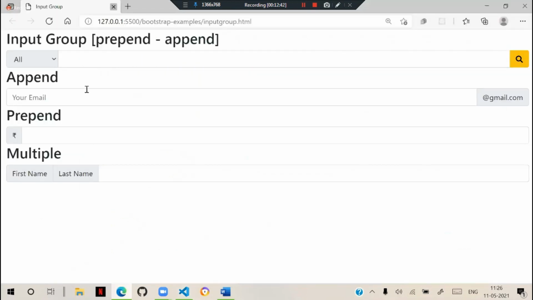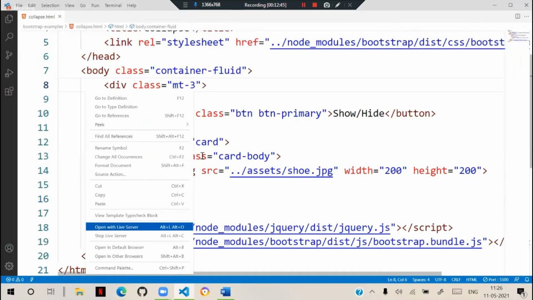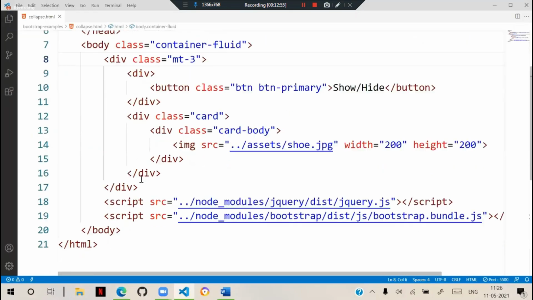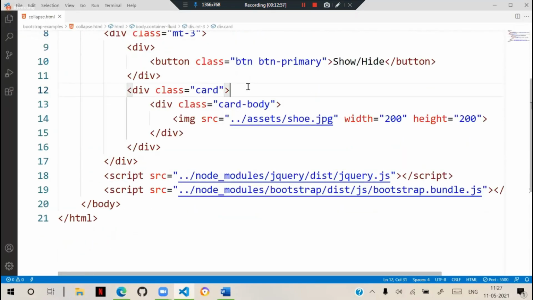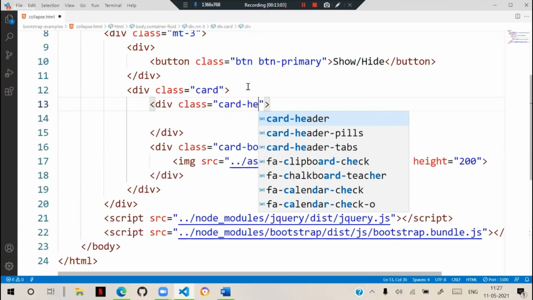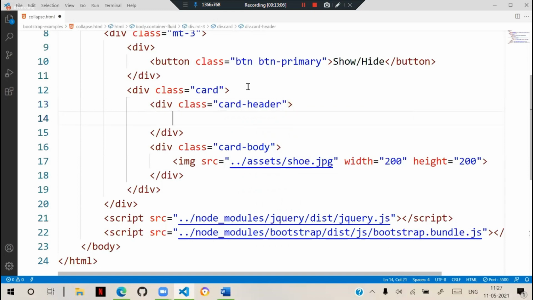Let's open that file separately. So this is the card style we are having and displaying. There can be other details also for this. You can have some name and configure that here, with class card-header, and here we will keep a heading. Suppose Nike casuals. So the heading is defined for that.